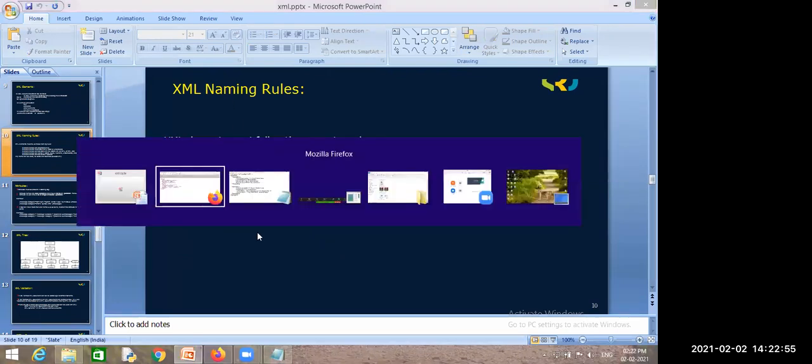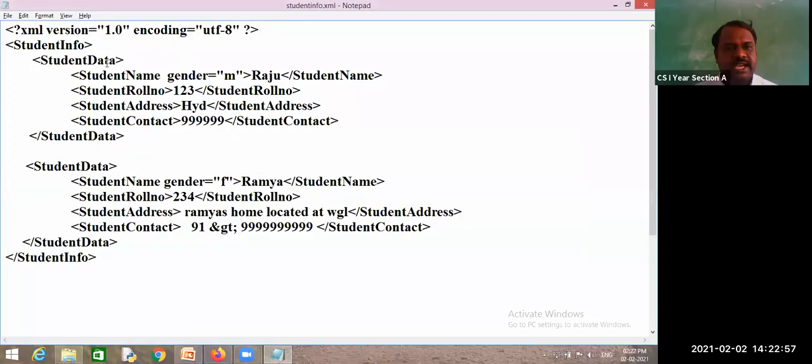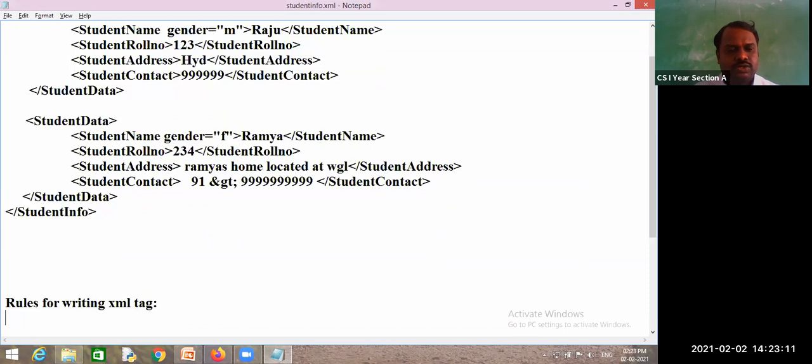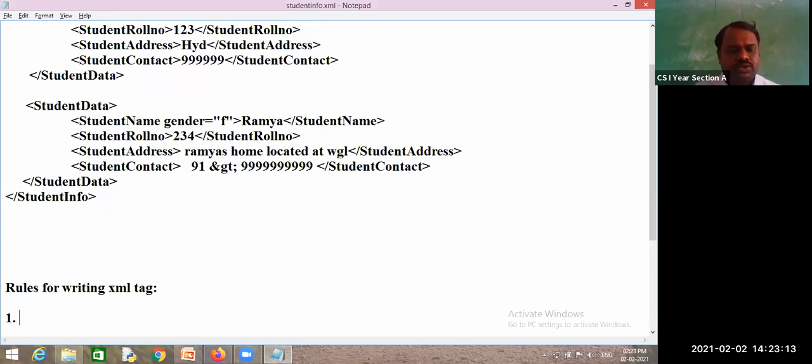While writing an XML tag, we have learned this. So, rules for writing an XML tag. First, we can use letters.